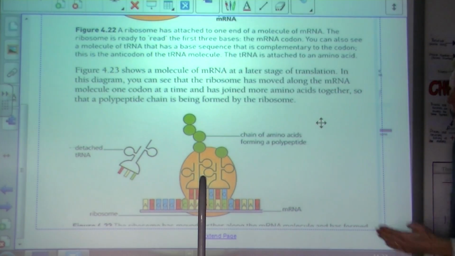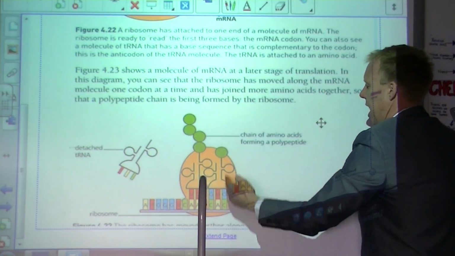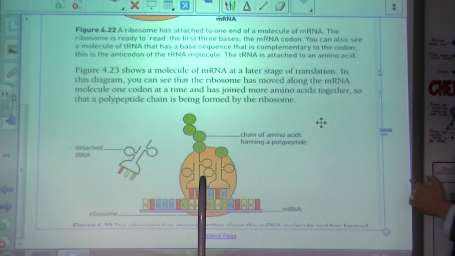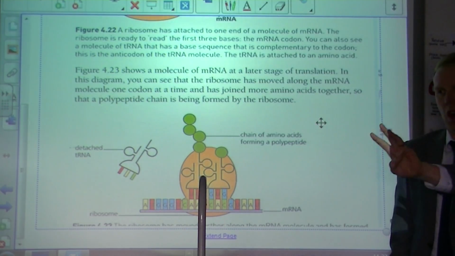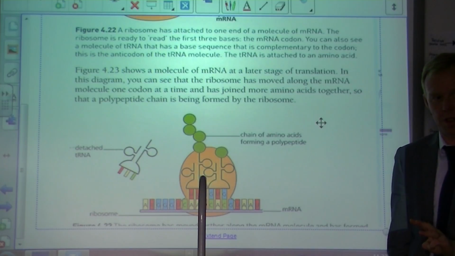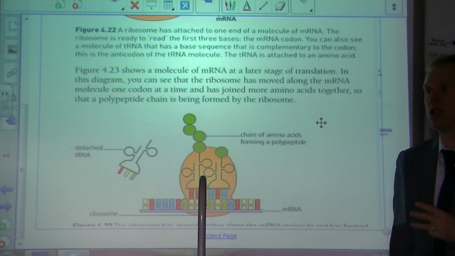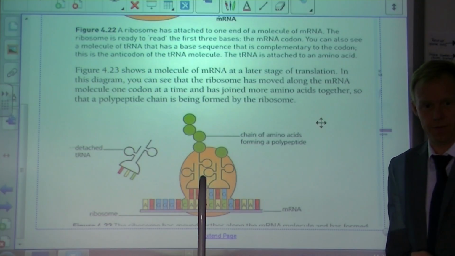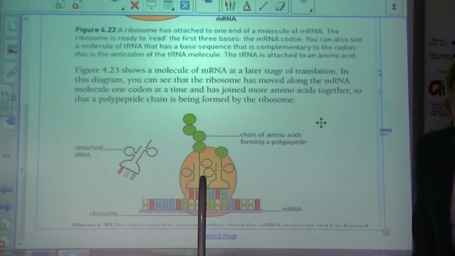Okay? What then happens is this ribosome continues along the strand of mRNA until it reaches a triplet code or a codon called a stop codon. And that stop codon codes for no amino acid and therefore stops the chain. Okay? Now I'll show you that a second way